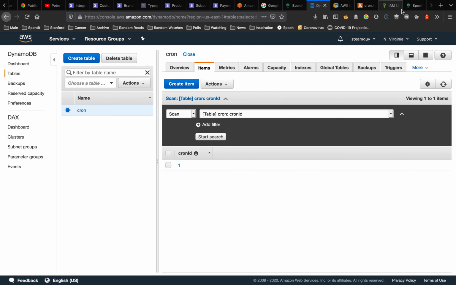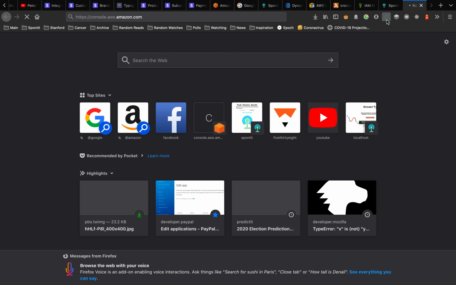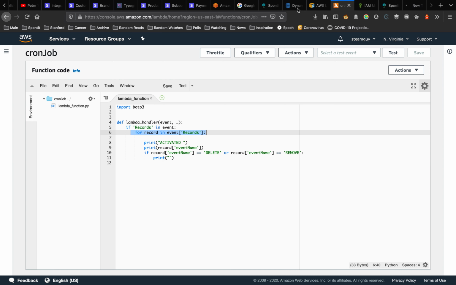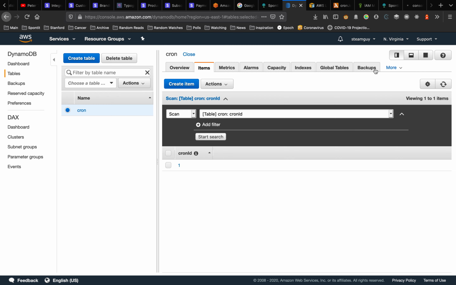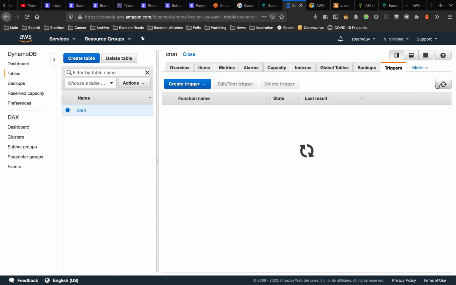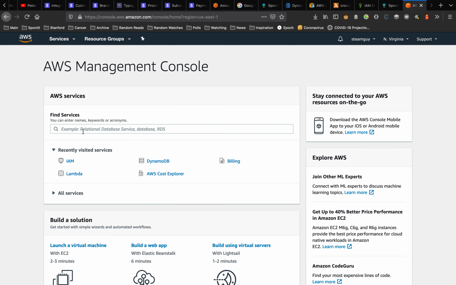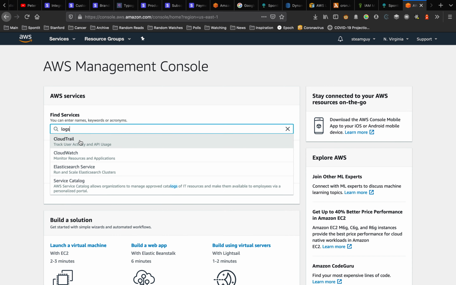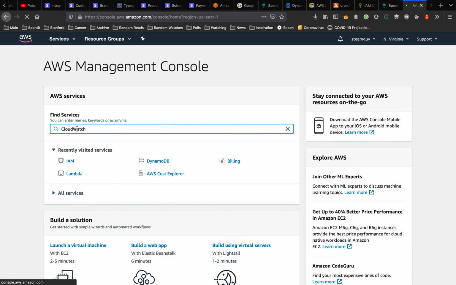Now what should have happened is when we go back over here, the Lambda should have run. So we can go back to triggers and see it changed from no records processed to OK. That means it didn't break. And we can actually see where that print statement went by going to CloudWatch as a service,